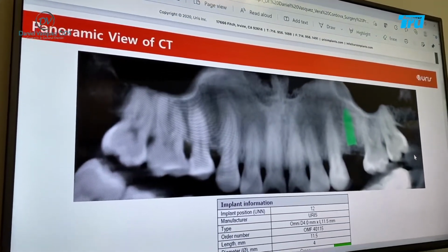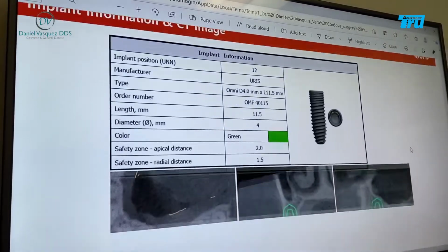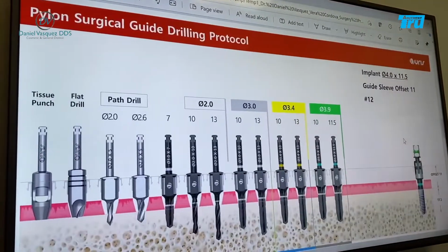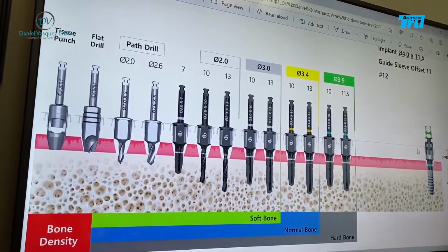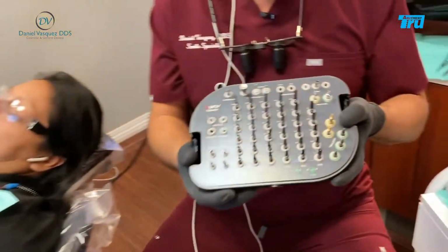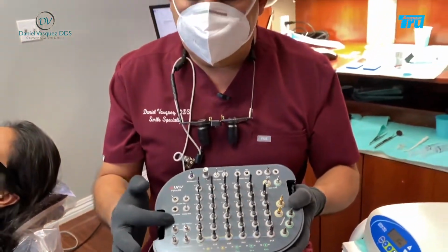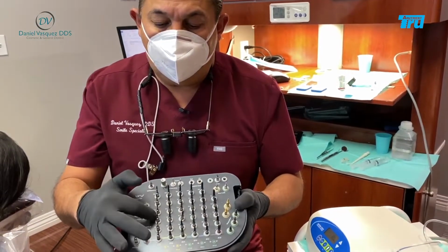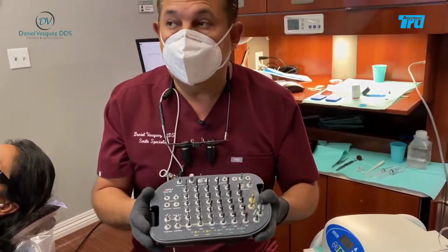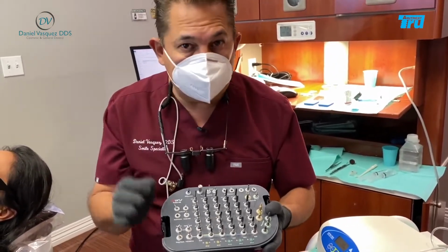Now this is the panoramic view of the CT scan. The next thing is the 3D view for the implant placement. And this is the most important, the protocol. Now, going back to the surgical kit, all we have to do is follow the implant protocol, and that will tell you exactly where we start, where we're going to follow, and where we're going to end. So this is literally a very simple implant system,